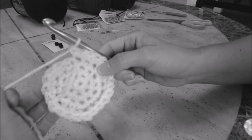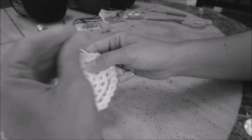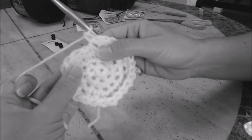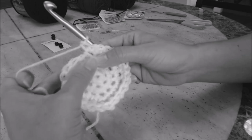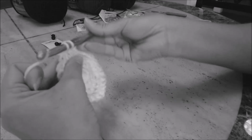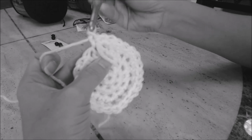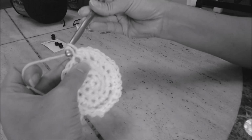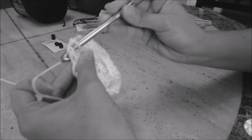This is how your work looks now. We're going to do another increase round. So go ahead and get your yarn marker and move it up to the next row, and you're going to do 1 single chain in the next 3 stitches and then do 2 single chains. So in the next stitch, you're going to do 1 single chain, next stitch, 1 single chain, next stitch, 1 single chain,